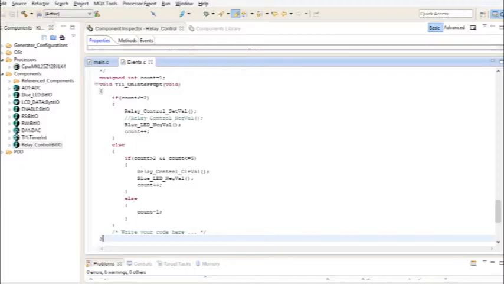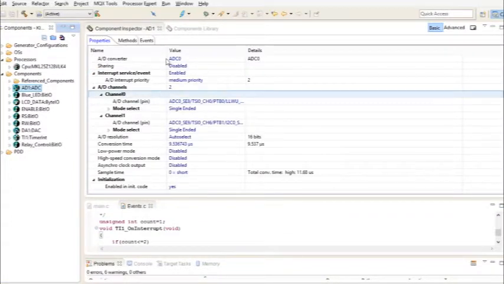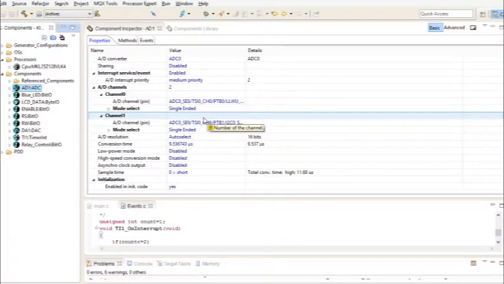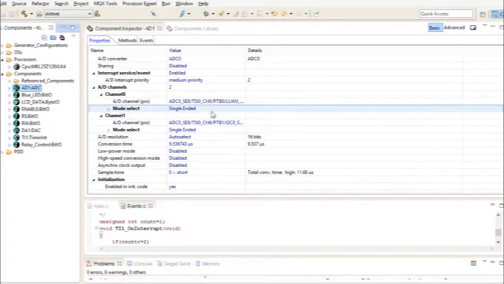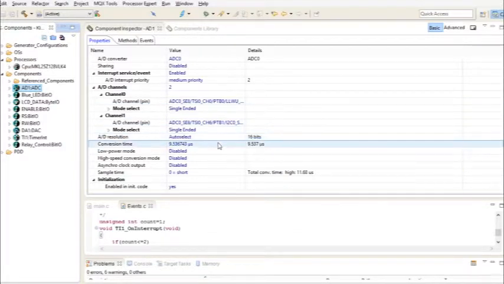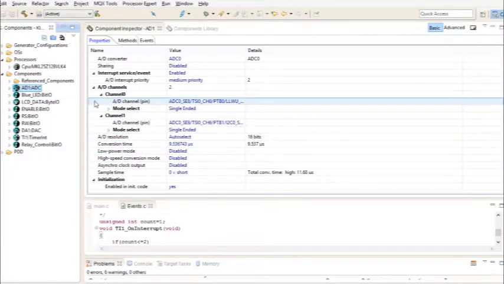Now we have the source code. Here, firstly, we talk about ADC. ADC 0 is being used with channel 0 and channel 1 set for measurement. Both the channels are configured as single-ended, as the output is not of differential nature. Further, the conversion time is set to 9.5 microsecond with interrupt enable support. That is, on every conversion an interrupt is raised and the ISR is executed.